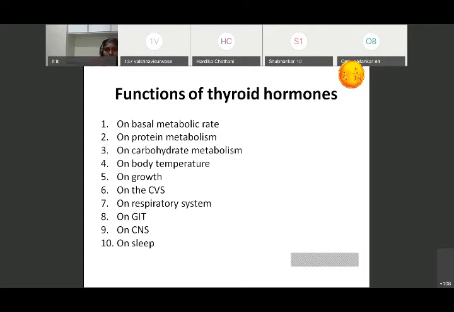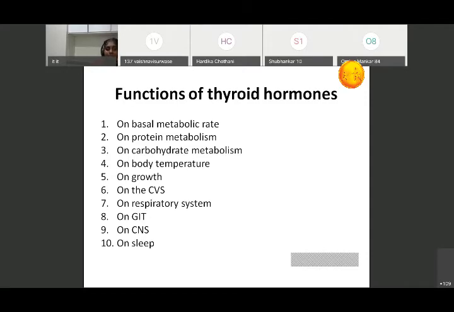Write down number 1. It mainly acts on the metabolism, growth, and development. Remember that. And you should hint at the pituitary dwarf and the thyroid dwarf. In the pituitary dwarf, only growth hormone is deficient. All other hormones are normal. But here, because of the effect on the CNS, I will take the details later, you will understand later. Because of the effect on the CNS, the thyroid dwarfs are mentally retarded.